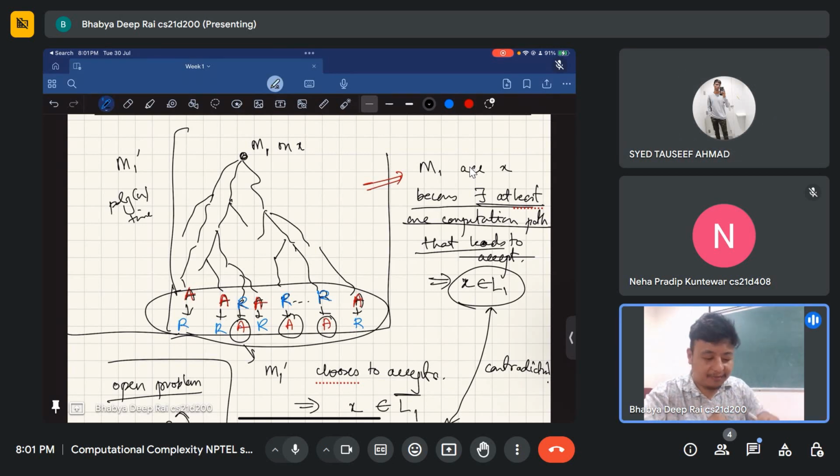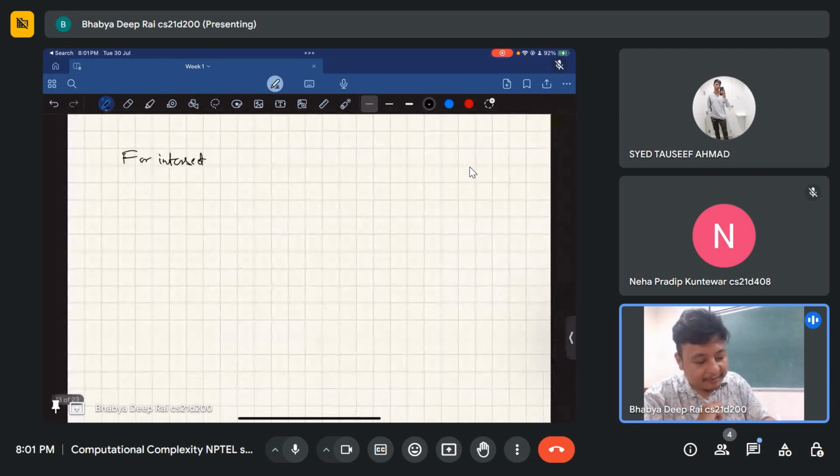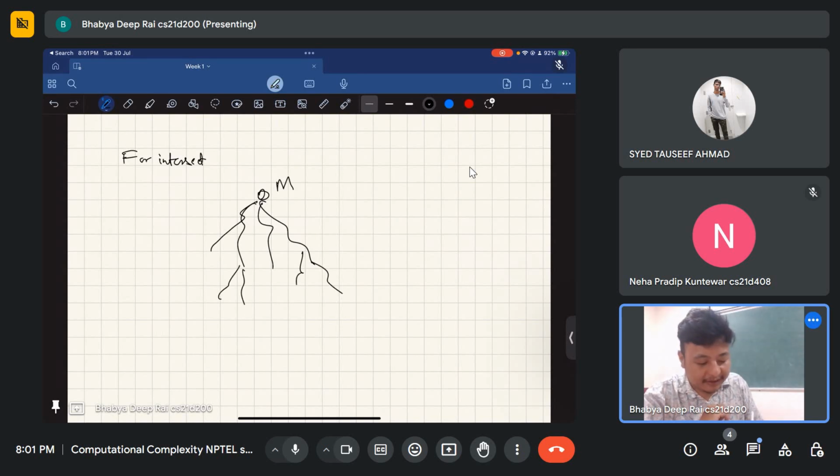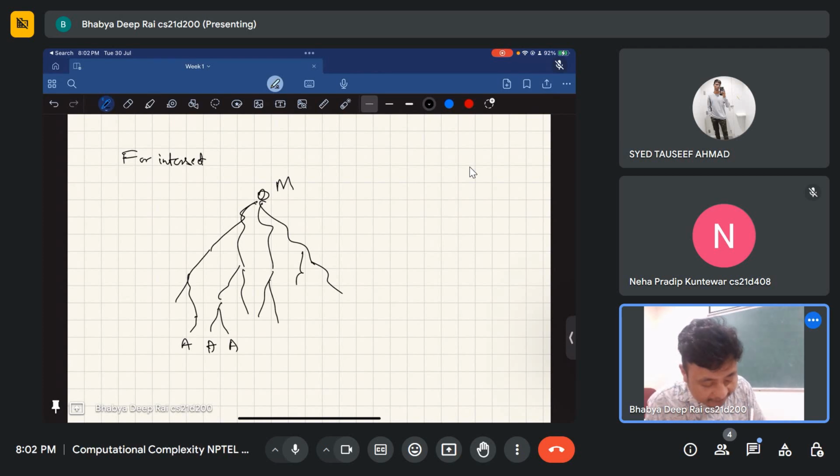Now what I'm doing here is, now we have a non-deterministic machine. How does a non-deterministic machine work? For a non-deterministic machine, if M is a machine, I can have several non-deterministic choices. I make guesses on the way. I toss some coins on the way, whether to move left or right, whether it is heads or tails. And if I have even one non-deterministic guess where I get an accept,